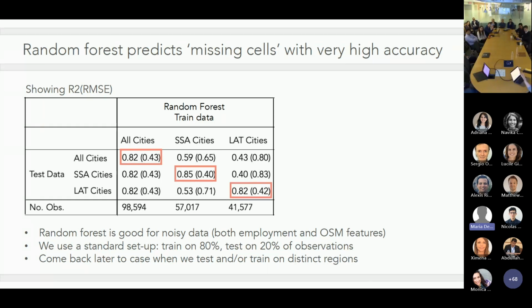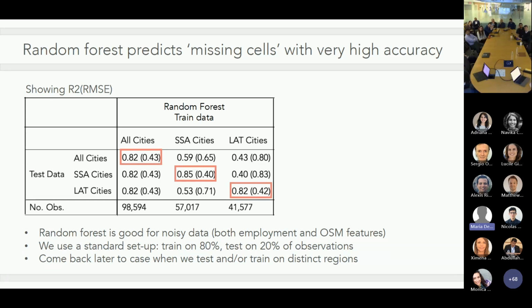And we choose a very standard setup. We train on 80% of the observations. So this is 80% of the full set of 100,000 observations. So you can imagine 80% are randomly taken out. So in the training set, you have observations from all of the cities in there, right? And then we test on the remaining 20%. And so we see here that with just a bog standard random forest algorithm, with no modifications relative to what is typically applied, we get a very good R-squared, right? Over 0.8, which is extremely respectable with respect to the literature.